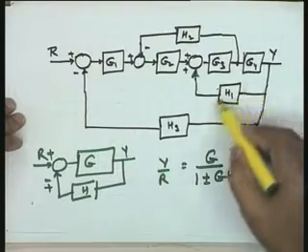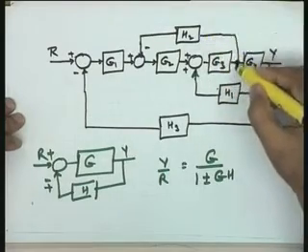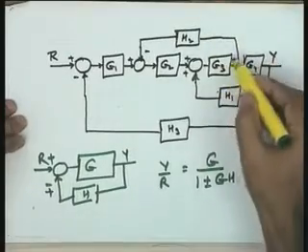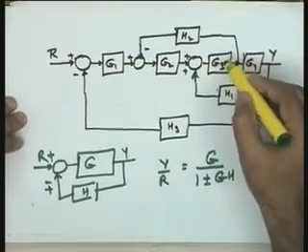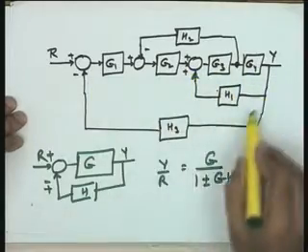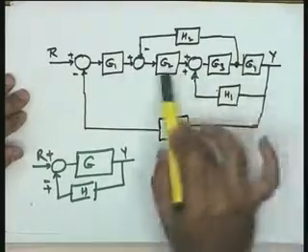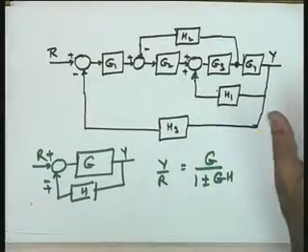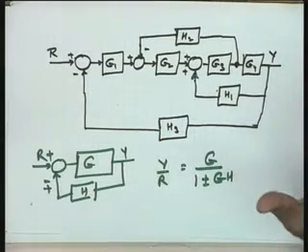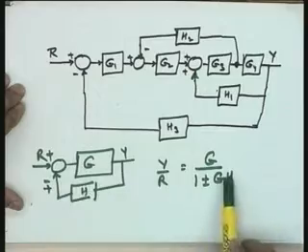If you look at this loop, it is not a basic feedback loop, because there is a takeoff point here. A signal is being taken off from here. Similarly, if I consider this loop, this also is not a basic feedback loop because of a summing junction in between, and the same is the story as far as the primary loop is concerned. So, what is normally done when you manipulate a block diagram? You simply change the summing points or takeoff points appropriately, so that the basic feedback loops result. Then you know that a basic feedback loop can be resolved into a single block.